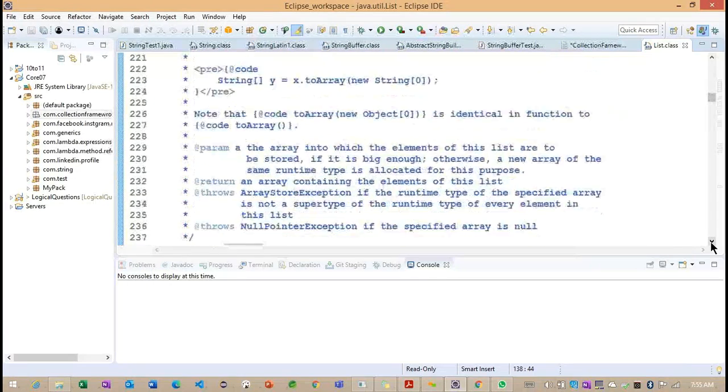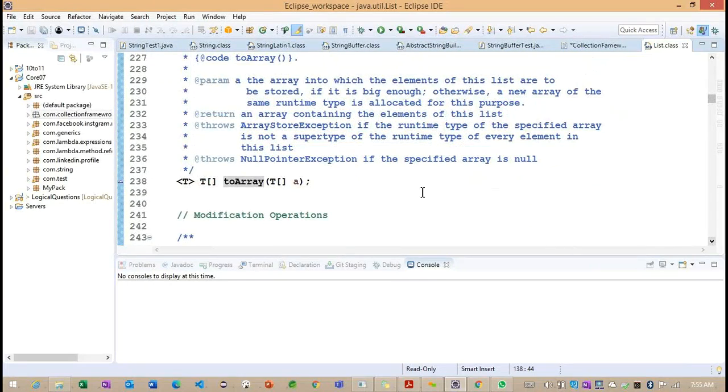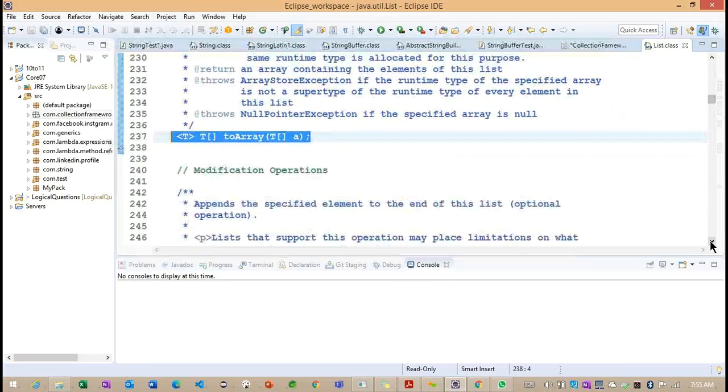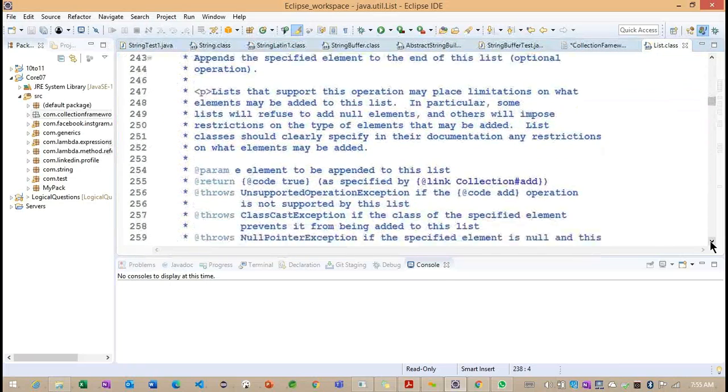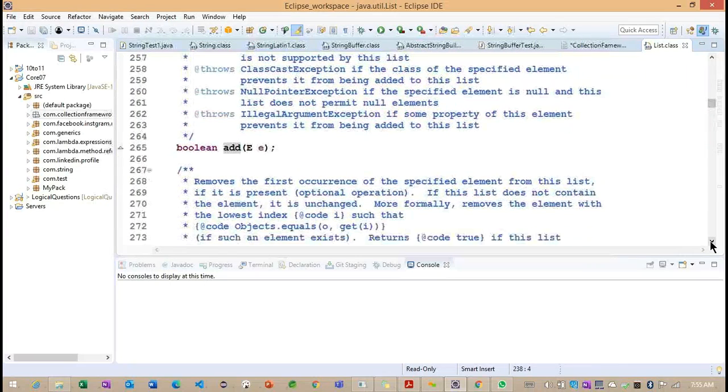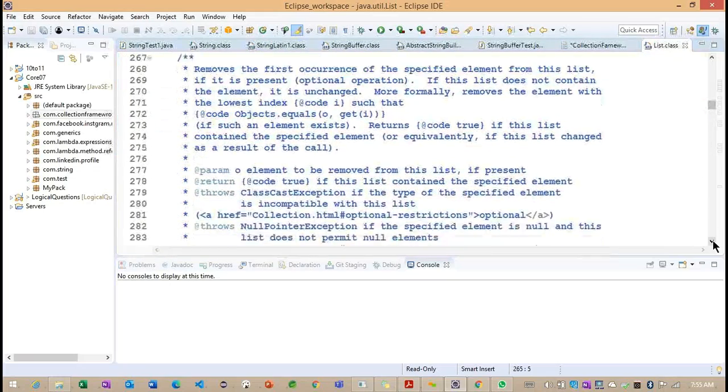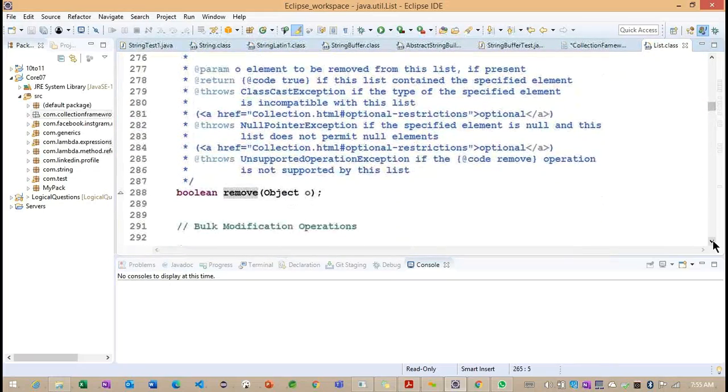Getting the point. Now we can see this particular generic toArray method also we identified, which is coming from our collection interface. The add method also is coming from our collection interface here.